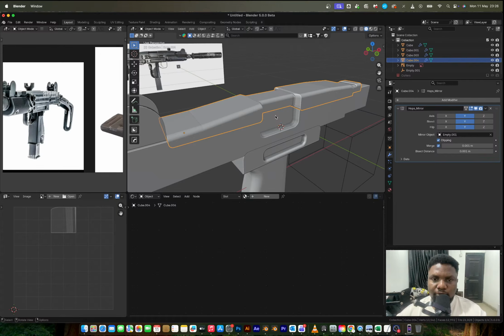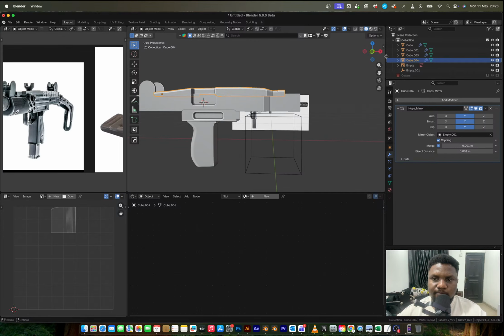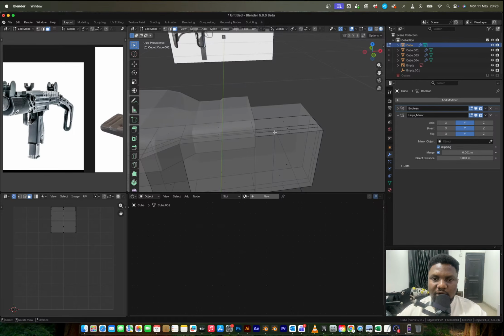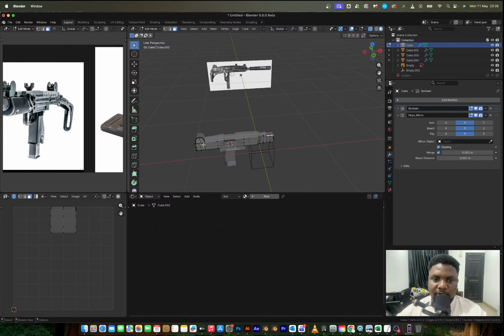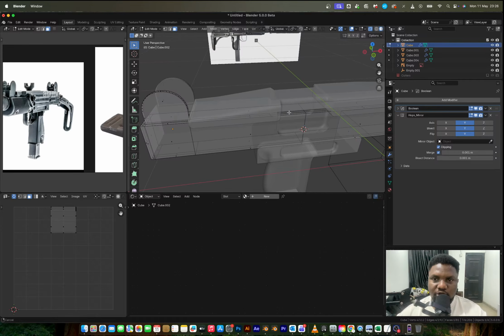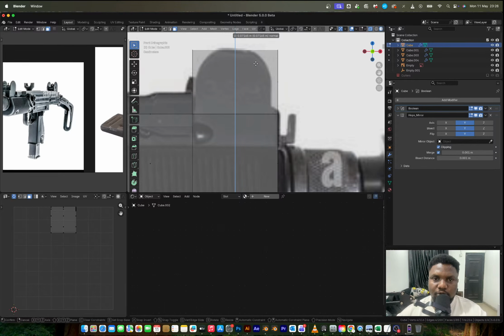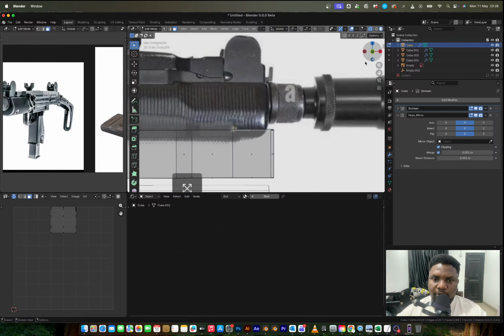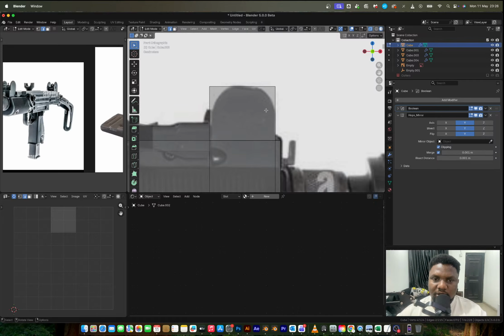All right. So on the side right here, we have another fixture which I will just take off from this one. Just like I did on this one, I'm just going to extrude that and round that off. So we're going to extrude, select this and this, and then just going to round that off like so. So that's cool, but not so cool because I just noticed a mistake. This is supposed to stop right here. So we're going to do that again, extrude, select this and this, and then